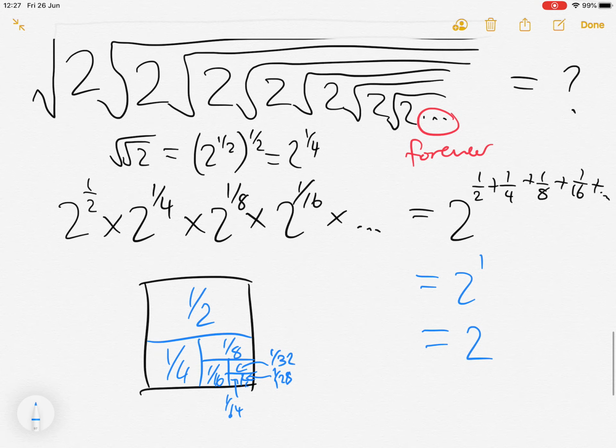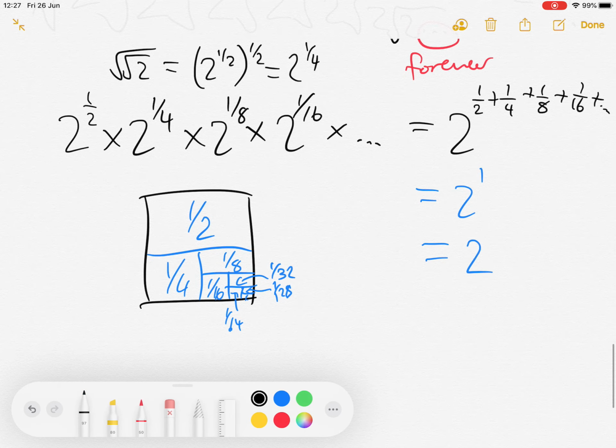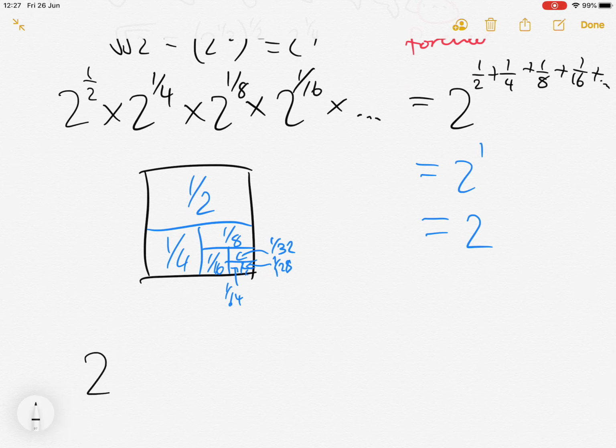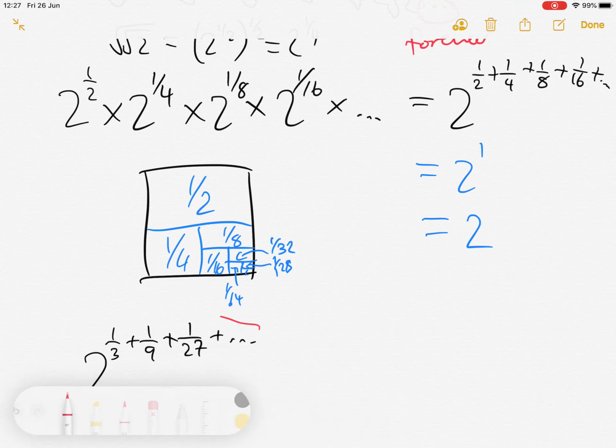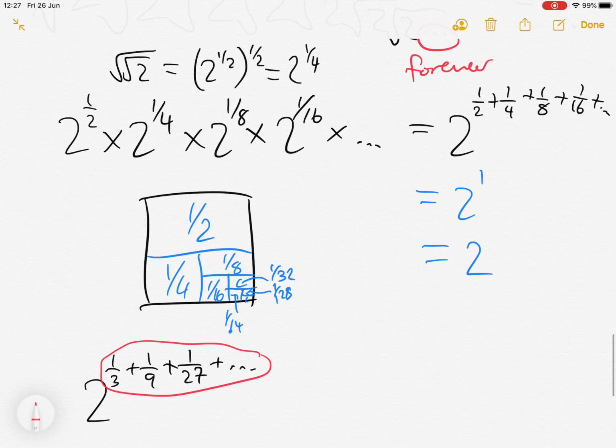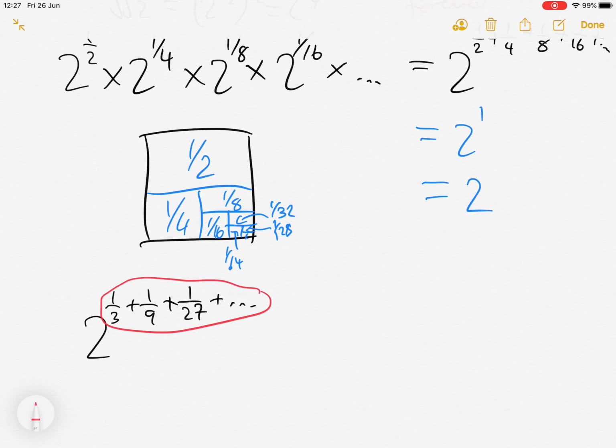However, what if we didn't have square roots? What if we now had cube roots? What would be different? Well, we would get 2 to the 1 third plus a 9th plus a 27th, and so on. And you could ask, well, what is the sum of this? And now you can actually do a trick like I've just done. I might save the diagram for another time, but I did think of a diagram that illustrates what this sum is equal to. But notice that each of these numbers, well, they're terms in the geometric sequence,